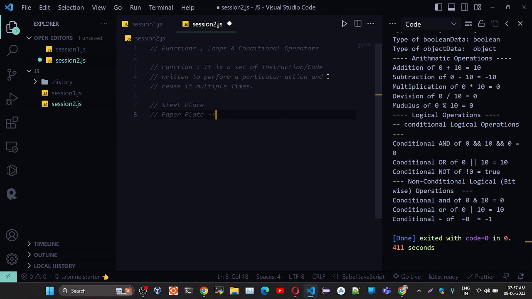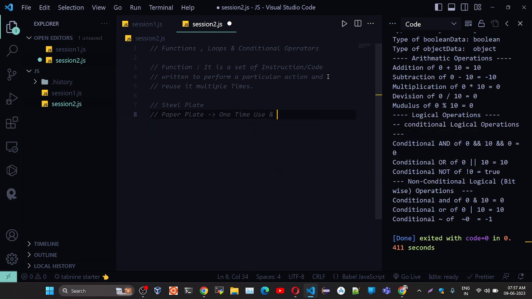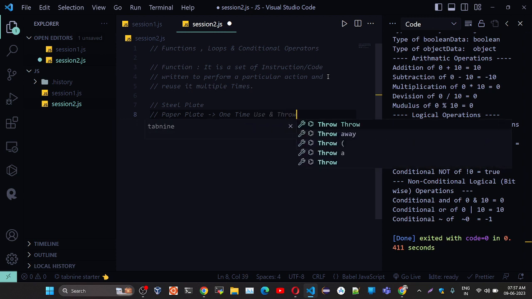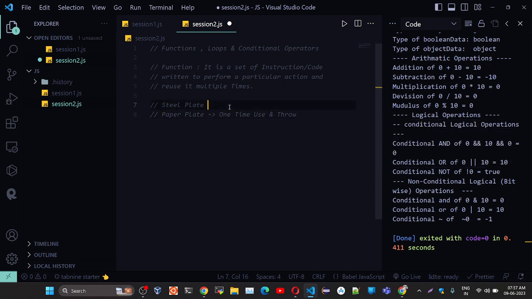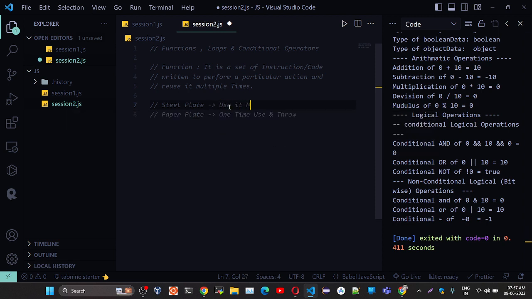If you are using the paper plate, you use it only one time, use and throw, right? But when it comes to the steel plate, you use it multiple times,